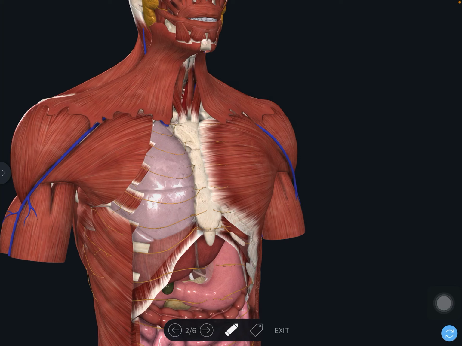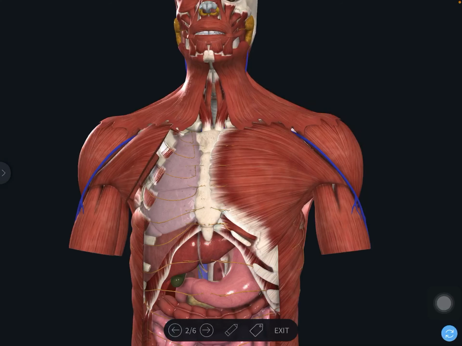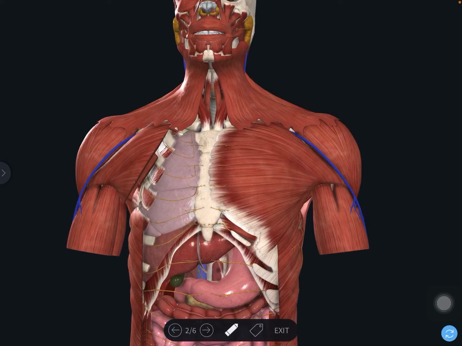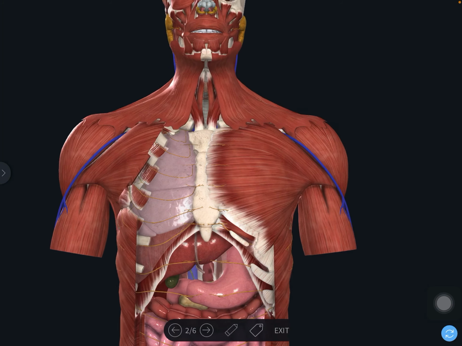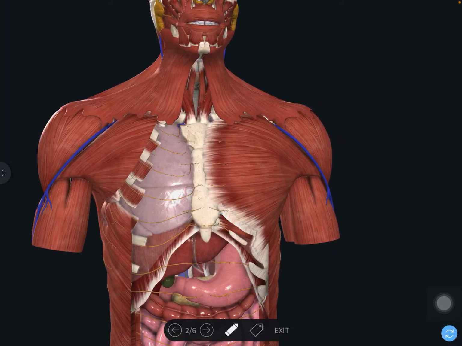Then between the ribs we have the intercostal muscles. Now you can see clearly, this is the pectoralis major, pectoralis minor muscle, and these are the intercostal muscles, and also vessels and nerves. The intercostal nerve is shown clearly in this yellow color. Vessels are not shown. So the contents of the intercostal space are the intercostal muscles, vessels and nerves.